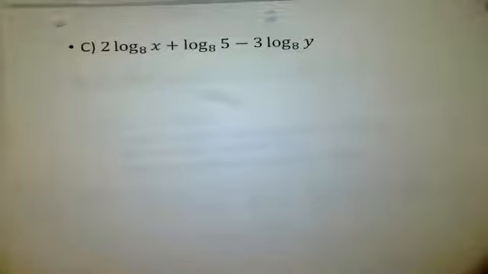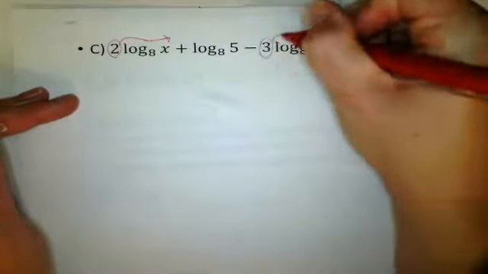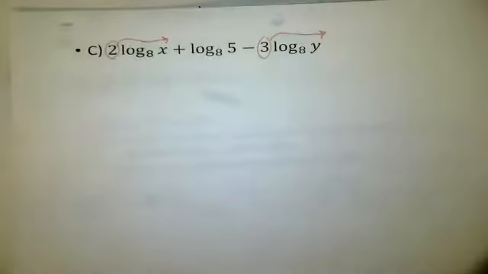2 log base 8 of x plus log base 8 of 5 minus 3 log base 8 of y. What do you want to look for first? Powers. Where are the powers? Hanging out in front. We want to relocate them back up to their arguments. This one doesn't have anything in front. Here we have a 3 in front, so I'm going to move that back up. So that gives me log base 8